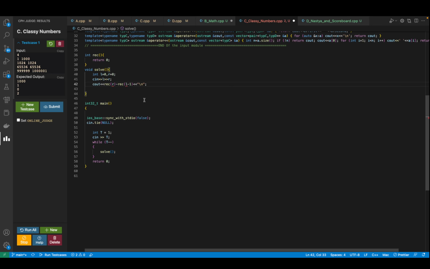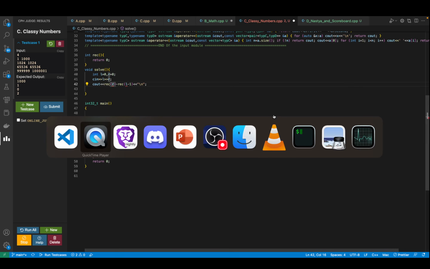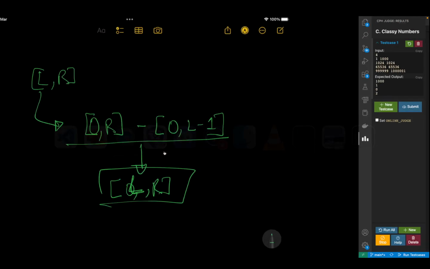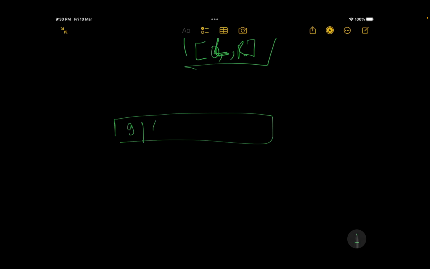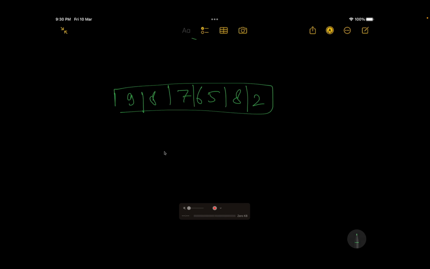So far so good. I don't think there should be any doubts, but if you have, fire them up. One more thing: I'm actually talking in terms of integers, now when I'm traversing the entire digit DP. By that I mean, when I'm traversing this particular string of digits, let's say 9, 8, 7, 6, 5, 8, 2, this is index 0, this is index 1, 2, 3, 4, 5, 6.